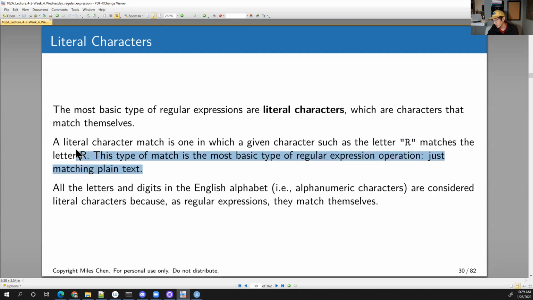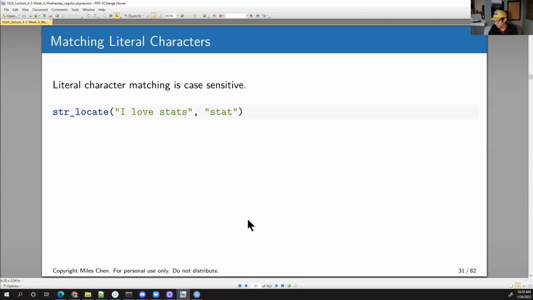I think we're familiar with this because, in Microsoft Word, you can run find, and it will find basically literal matches there, okay? All the letters and digits are literal characters, and they match themselves. So for example,